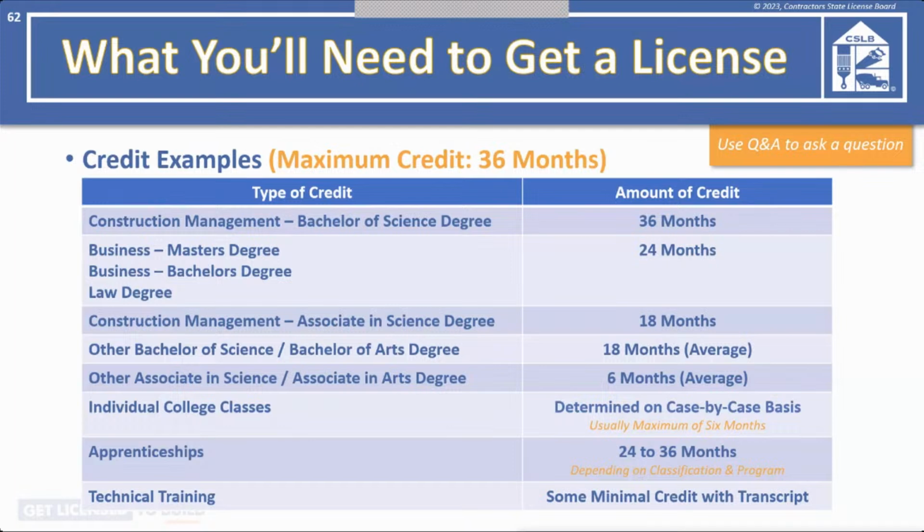Check will be payable to your registrar of contractor, and what is the address? So yes, per the application, Register of Contractors is acceptable. So is CSLB or Contractor State License Board. And that address again is located in the upper left-hand corner of the application. But our physical address is 9821 Business Park Drive, Sacramento, California, 95827.